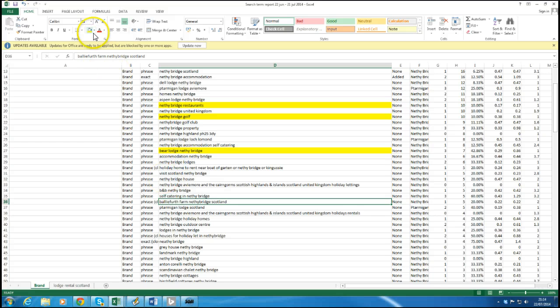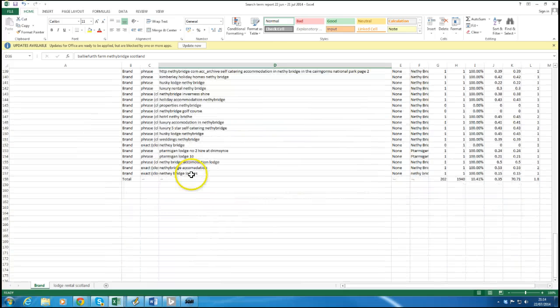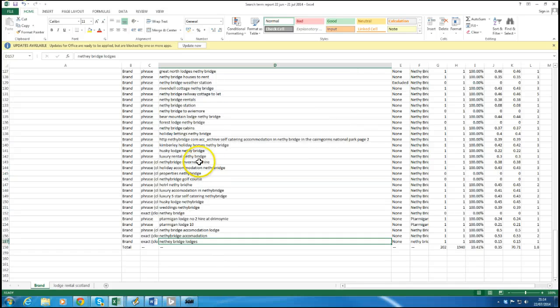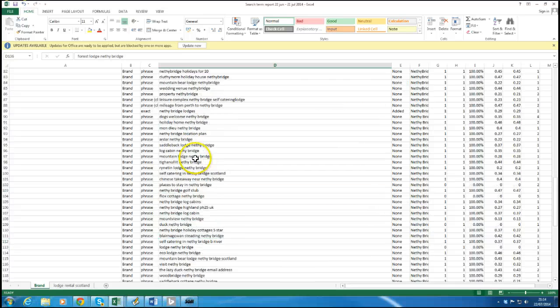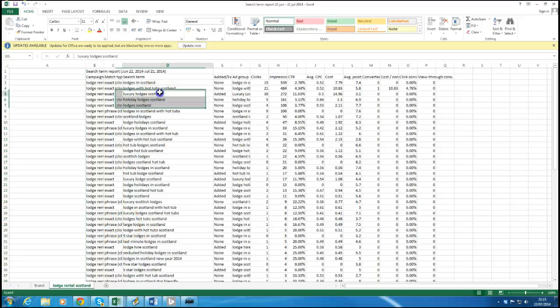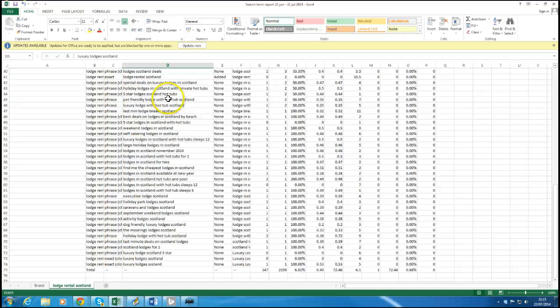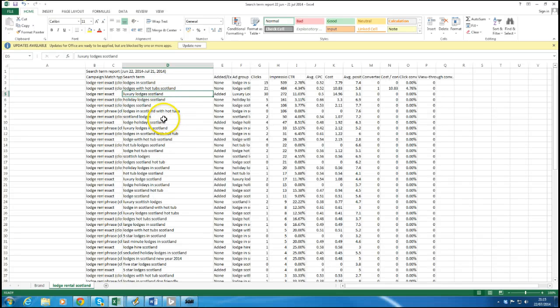Okay, so we go down through that whole sheet. We can see there's 156 search queries or rows of data that we need to look through with this particular example. So we do that for the whole of our brand campaign. Then we go to our Lodge Rental Scotland campaign, and here we've got slightly fewer search queries, only 74. So again, we just come down here, anything that's not relevant we just select,